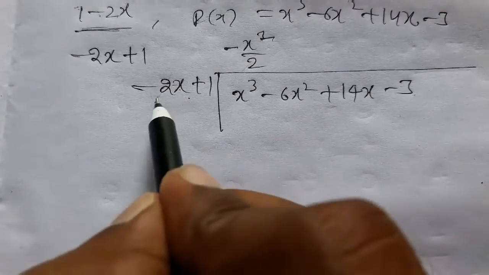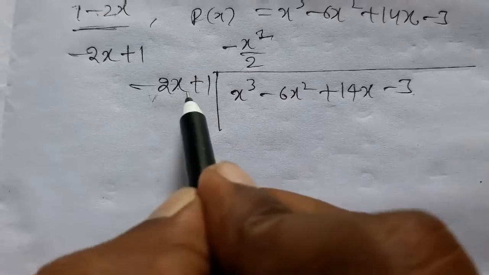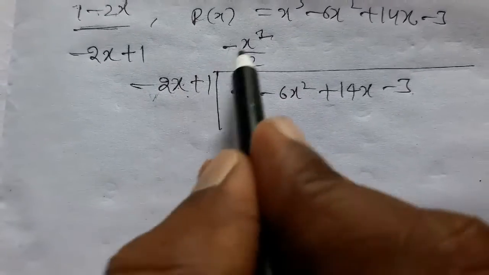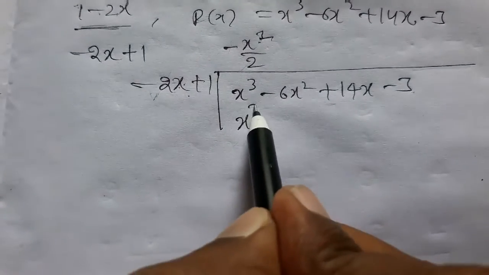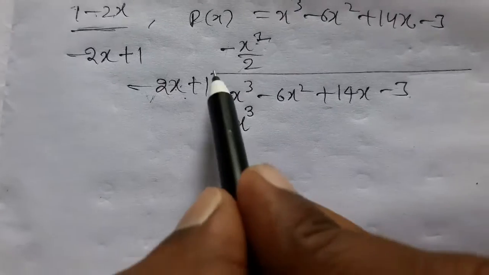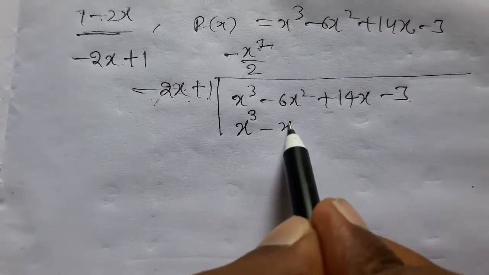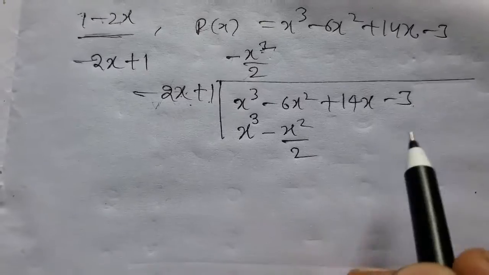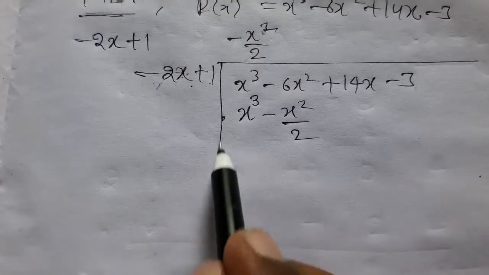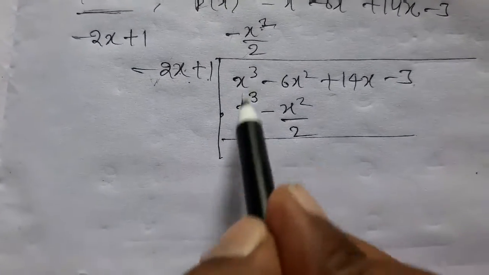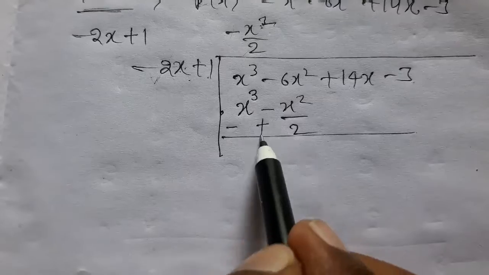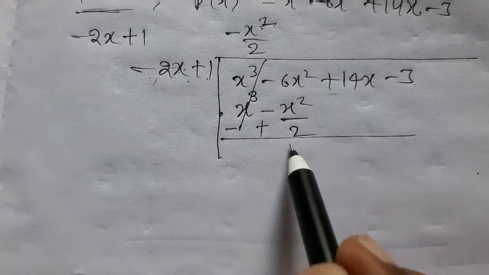These two cancel, numerator denominator, minus minus cancels. Now what we got? x into x square, that means x cube, isn't it? Now next this one multiply this, that means minus x square by 2, isn't it? Now see here, change the symbols. Now cancel this, becomes